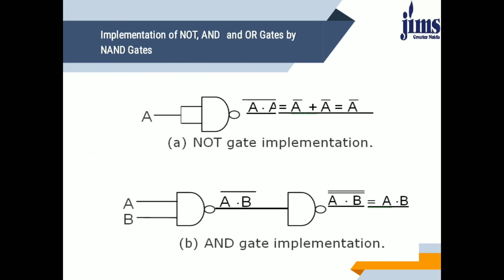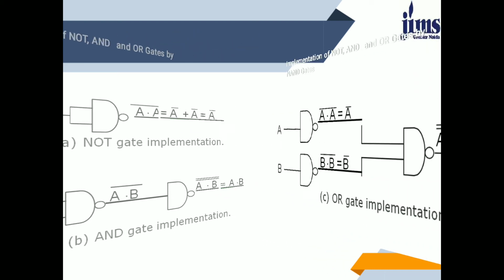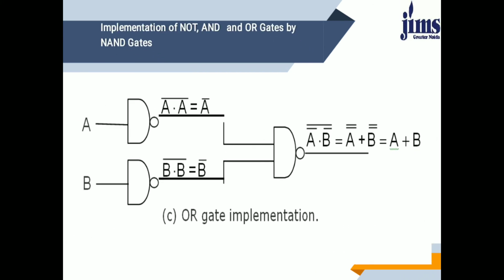See the circuit. AND gate can be generated using 2 NAND gates. Before that, if we see the NOT gate, then we just need to tie up the inputs of the NAND gate, and they will act as a single input, and whenever we input that, the output will be complemented. So here AND gate implementation is there, and another, the OR gate, is implemented using 3 NAND gates. So for OR gate generation we need 3 NAND gates.